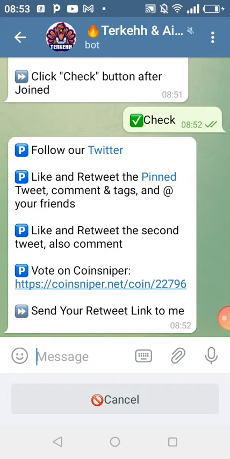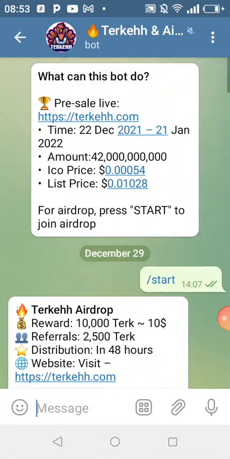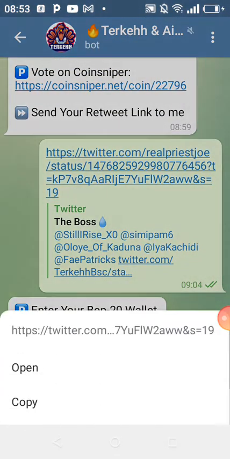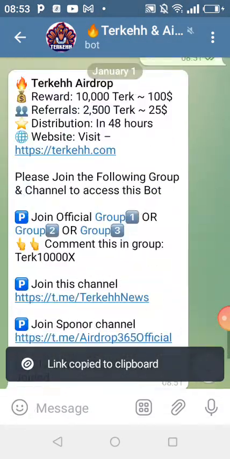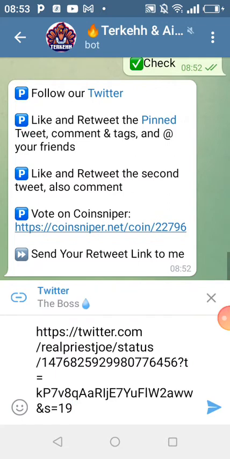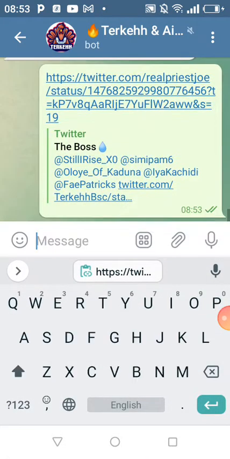Then go to the first post. Copy the retweet post you made. Copy the link of that retweet post you made. Come here and put it where you have paste. I think I already did that at the top, so I just want to copy it straightforward. This is the post. So you just copy it. Just consider I had copied it already. I come down here and paste. But you are going to copy it from your Twitter handle. Like this, paste. I have copied it. When you paste, you click send.